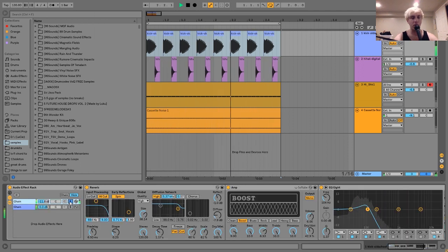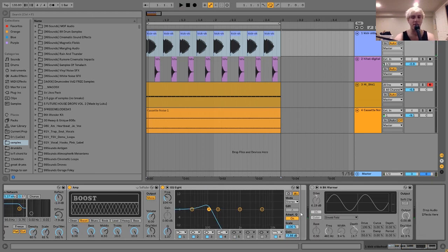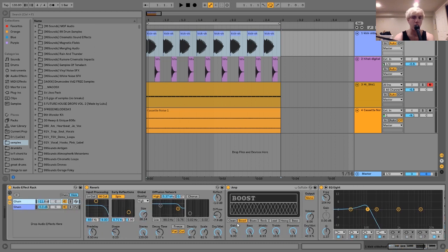And then here's the wet one. And then when you put them together, they come out more. The saturator definitely brings them out a bit more. I'll talk about that in a sec. But yeah, so what you kind of have to do here is you need to do parallel processing to get